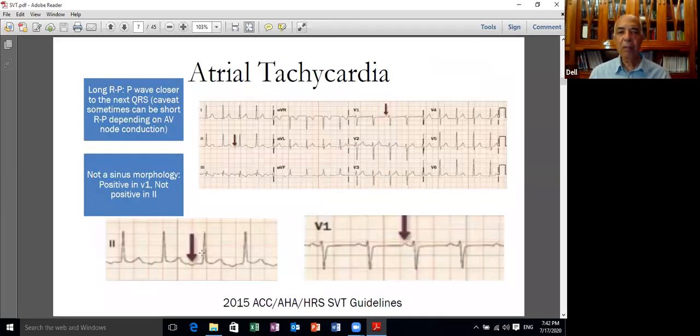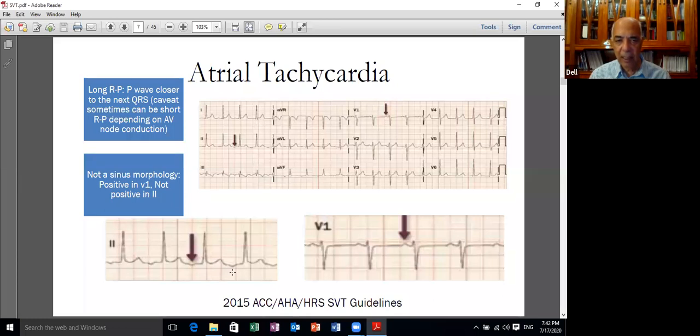Now, if you look at this electrocardiogram, this is a typical form of atrial tachycardia. It should be recognized because if it is missed as sinus tachycardia and not treated, it will end up with cardiomyopathy. So this is an important thing. As you see here, it's a narrow QRS complex tachycardia. But the important thing is that the P wave axis is abnormal. The P wave here is inverted in the inferior leads. And if you look at the magnified electrocardiogram, it's inverted in the inferior leads.